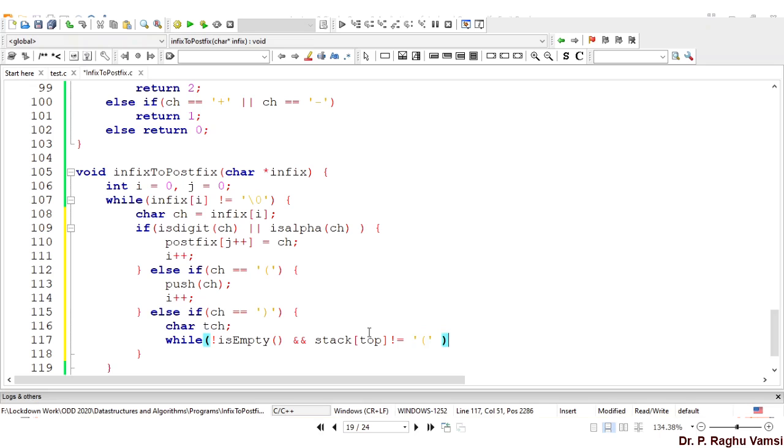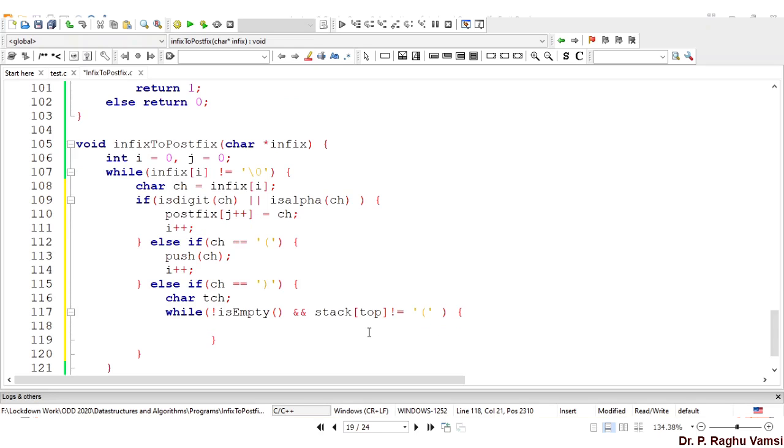So we need to check like this. If not these two, then we have to pop the elements from the stack. So pop the elements means postfix of J++ is equal to pop.